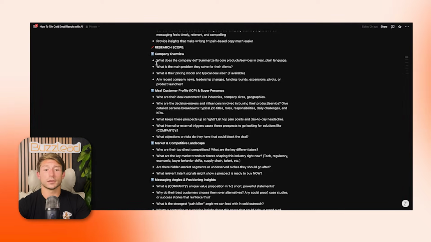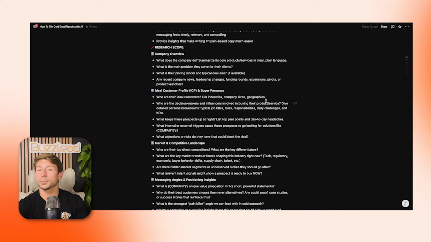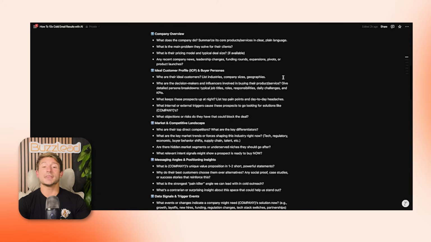So first, we want to, of course, have a deep company overview of our client to understand their core products, service offerings in plain language. And we want to understand the main problems that they're helping solve for their clients. We also want to understand their pricing, their deal size, company news, leadership changes, everything we can about our company itself. And then we want to do the same thing to figure out who is their target market, who are